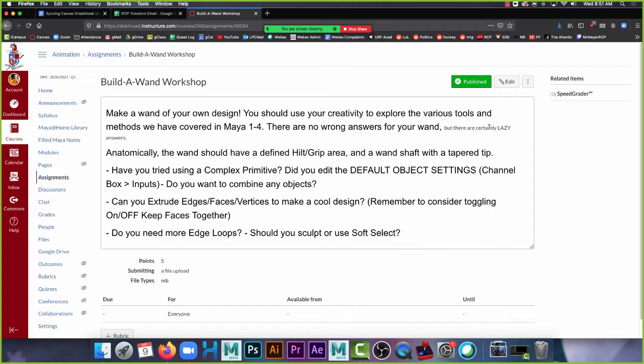So we have our tripod, our trifecta of things, our basic tools: move, scale, rotate. We have our extrude, we have insert edge loop, and now on top of all of that, we have ways to use the pivot points differently to affect the things that we do with those tools. So all I'm really asking for your design is that it should be